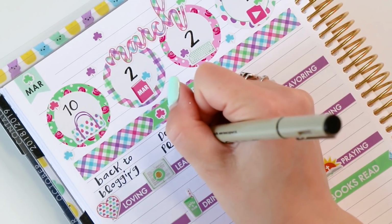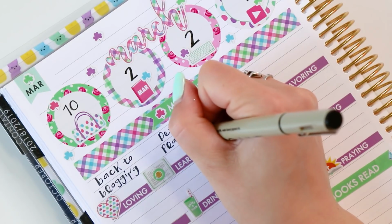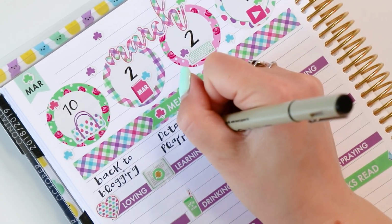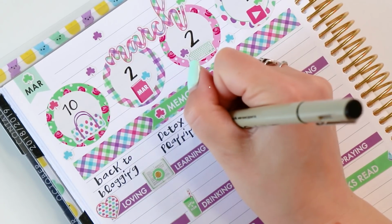So I've been reading kind of what they do to stay healthy, and they all have really, really intense detox protocols, which makes a lot of sense. And that actually ties into